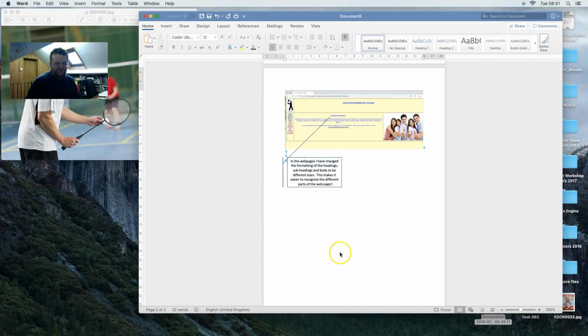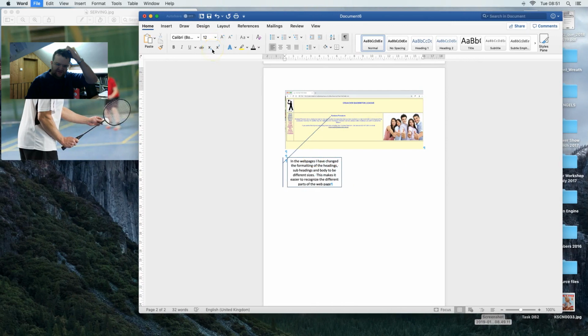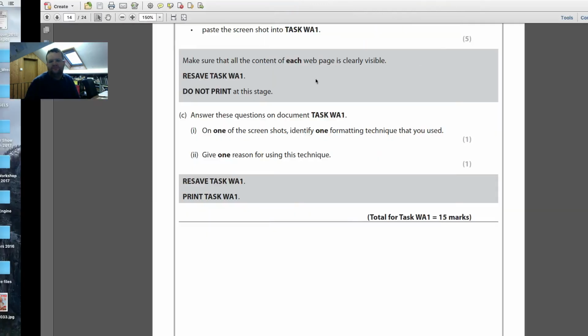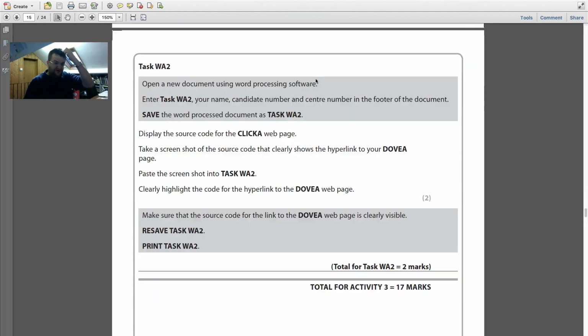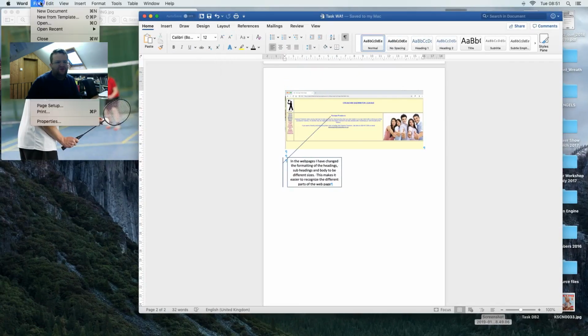Resave and print. So I'll just go Command and S. This is WA1, so I need to put WA1. Task WA1, and then we've got the last one is open a new document in word processing software called task WA2. So I need to go File, New,